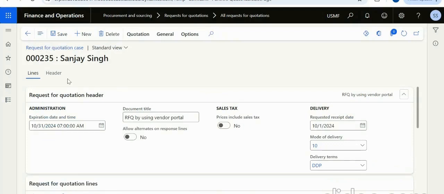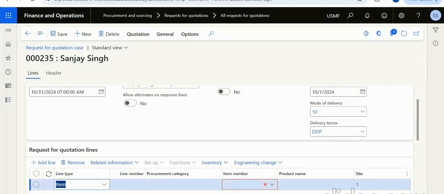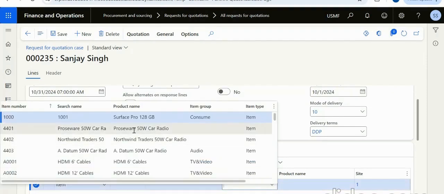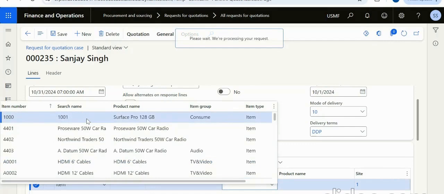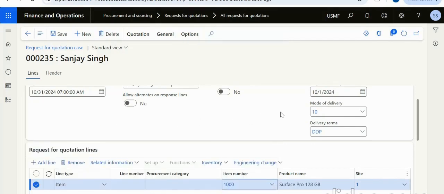So request for quotation generally requires only two things. One thing is vendor name, and item number, and if any document is required, then we need to upload it by using attach here. So now let's see how this is going to work. So first I'm adding line items. For line item I'm selecting let's use only this one, this item Surface Pro 128, and another item,